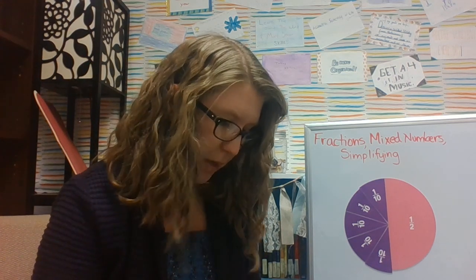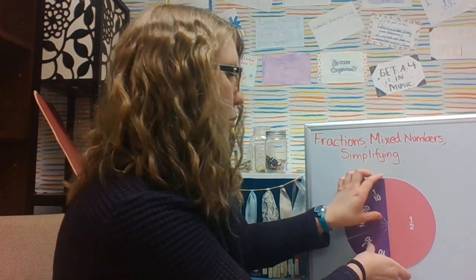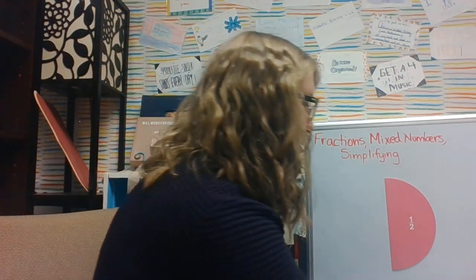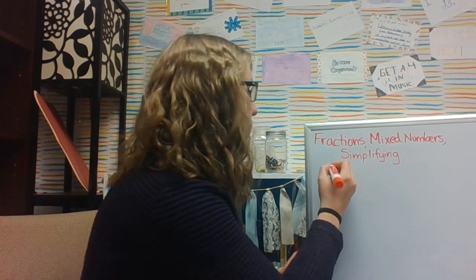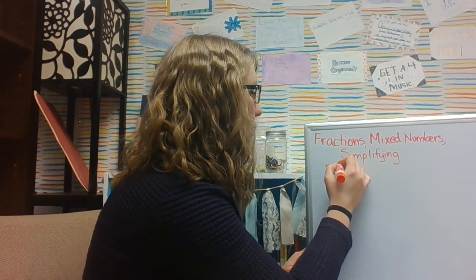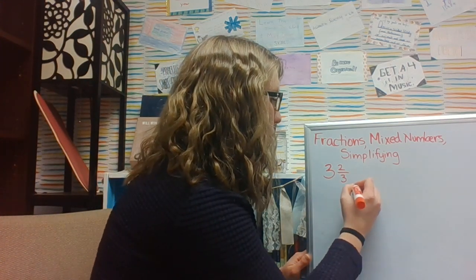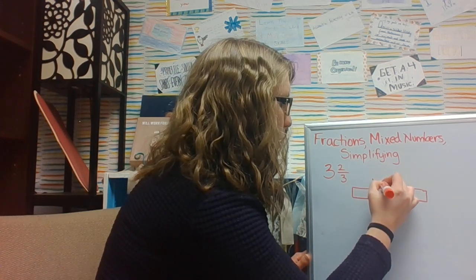When I think about mixed numbers, it might be a little bit harder to convert between them, but I should be able to convert pretty easily. So I'm going to use not necessarily these fraction circles that I just showed you, but some other fraction circles. So if I look at the number, let's go with 3 and 2/3, for instance. I can look at that using fraction bars. So I have, if this is 1 whole,